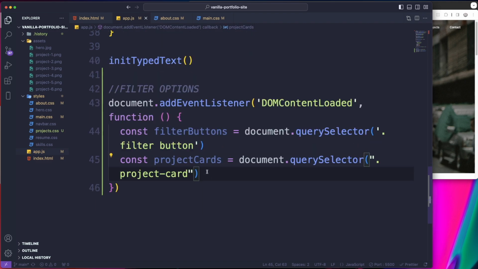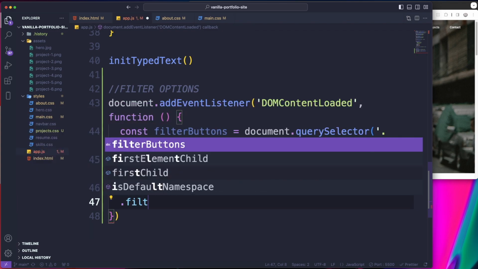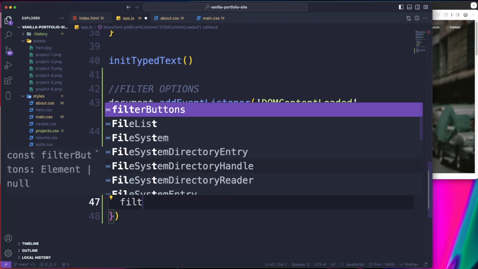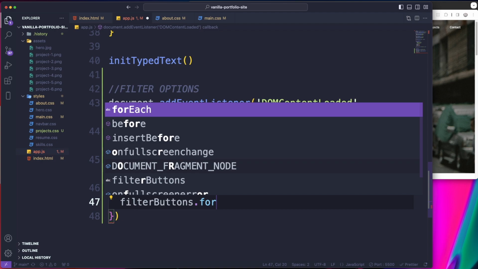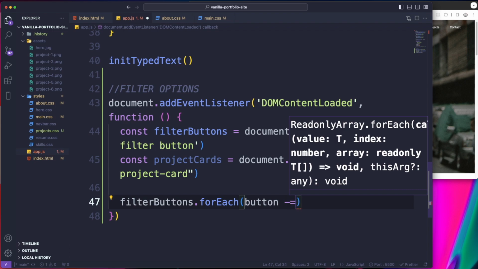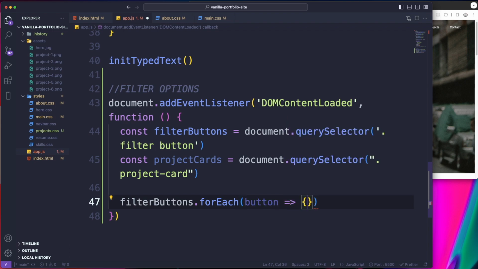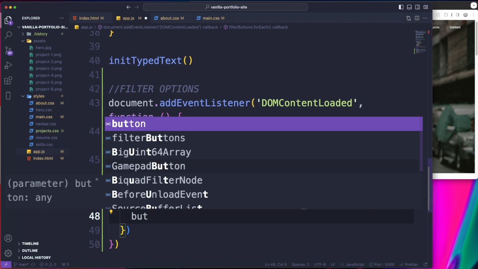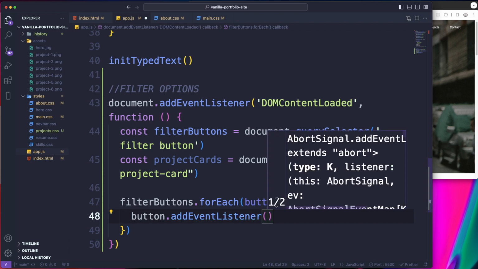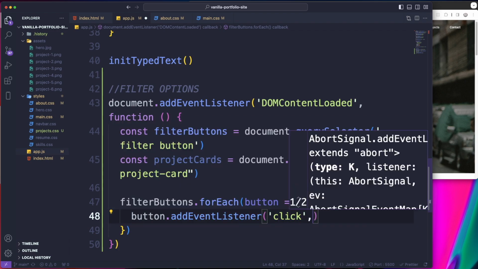Project card. And now let's go ahead and loop through our buttons, and we're gonna add a click event to our buttons. So to do it, we're just gonna do filter buttons. Don't put the dot, sorry. So we're gonna do filter buttons, and we do a for each loop, and we're gonna do button, do arrow function, and we're gonna return a button add event listener. And it's going to be click, comma, and the arrow function,